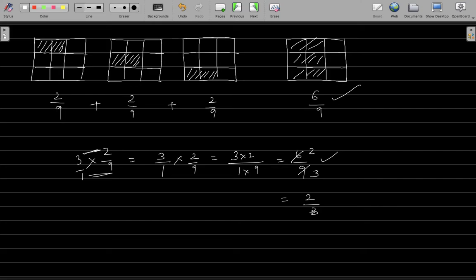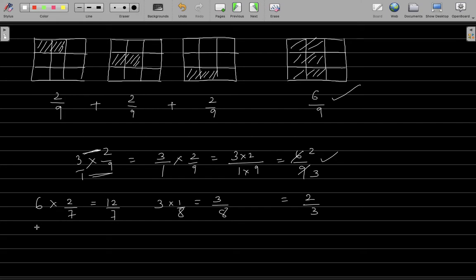You understand? Suppose I give you another fraction. What do you get when I'm multiplying this whole number 6 with the fraction, say 2 by 7? What should this give you? 6 times 2 is 12. So your new fraction will be 12 by 7. Suppose if I give you 3, multiply the whole number 3 with the fraction 1 by 8. What do you get? 3 times 1 is 3. This will be 3 upon 8.